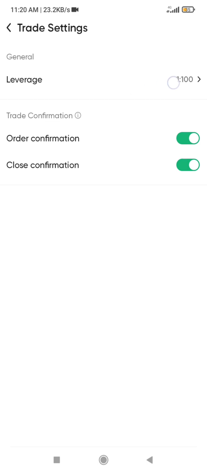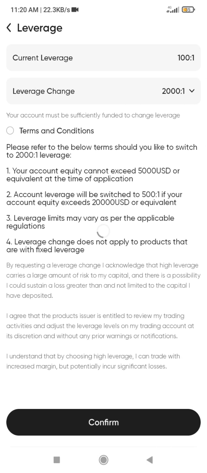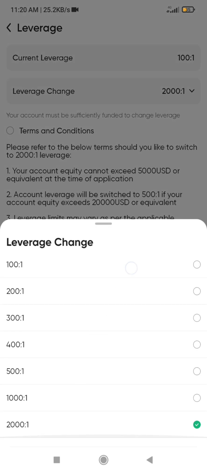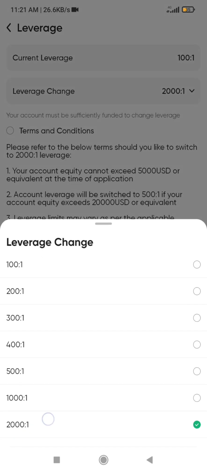So when you come over to this place, click and then change the leverage. So you see, when you click on this leverage change, the maximum that this broker is willing to give you is to multiply your money 2,000 times. If you select this 1 to 2,000 that you are seeing, or 2,000 to 1, which means that if I select this particular 1 to 2,000,